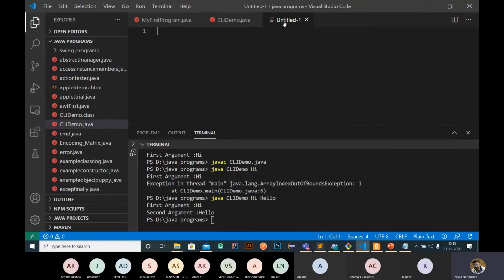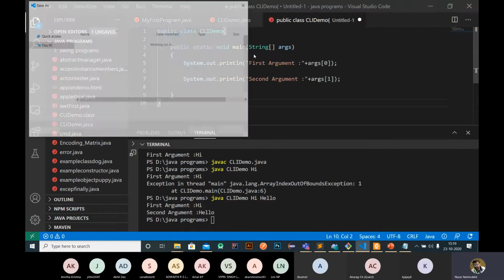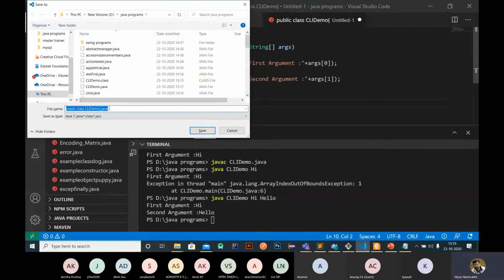Just copy this one. I just name the program as person.java.